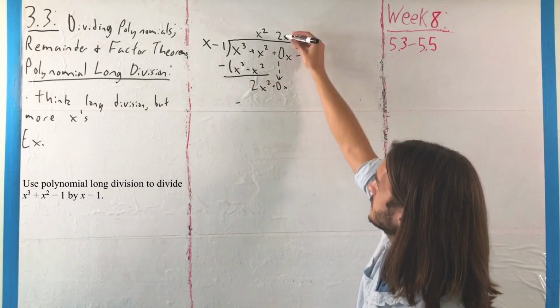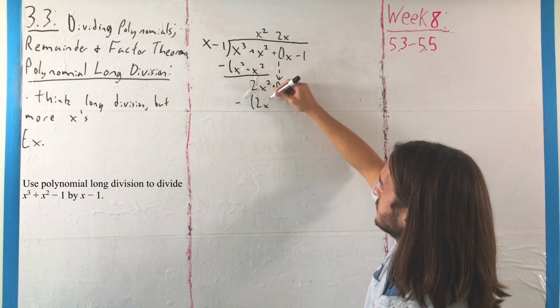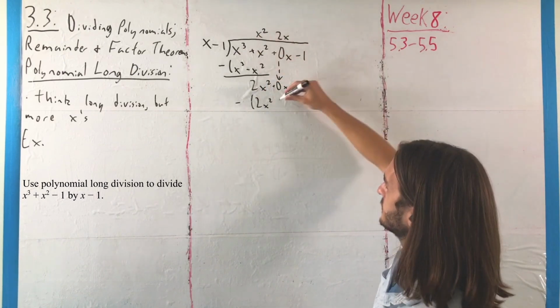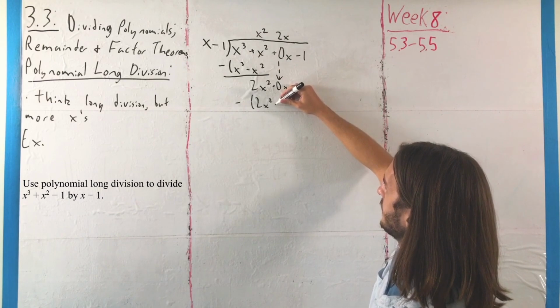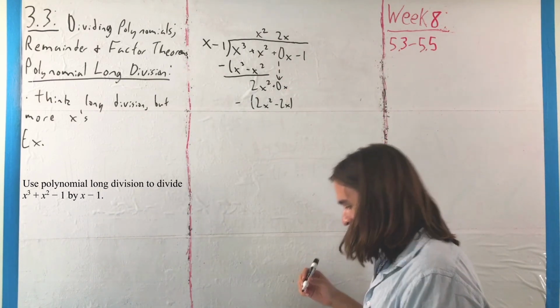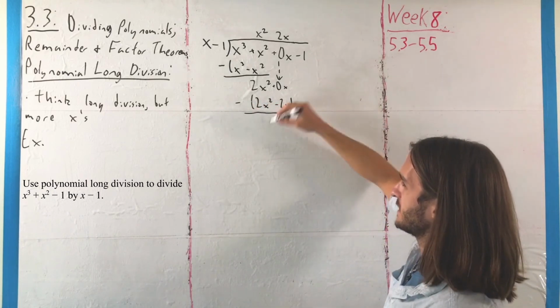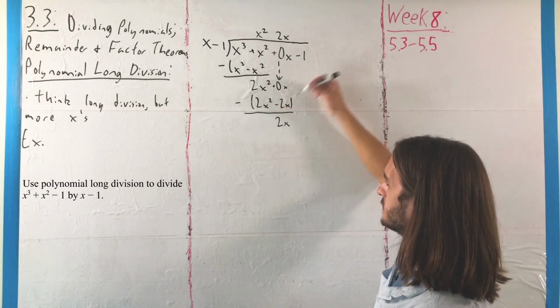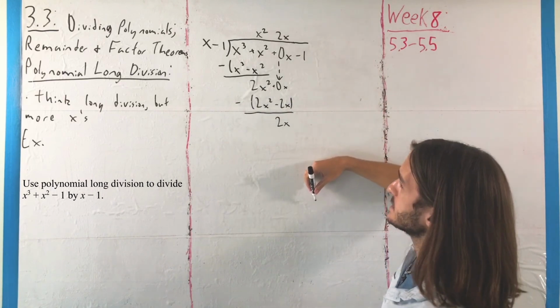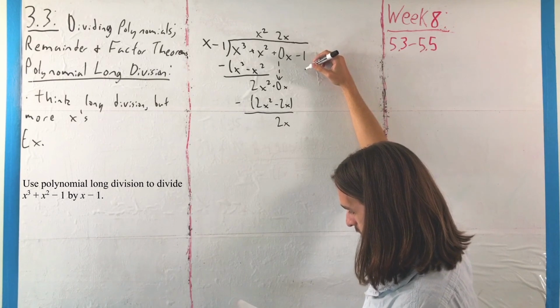So 2x times that value would give me a 2x squared, 2x times that value there would give me a minus 2x, where again, we're chasing around some serious double negative values here. There's a whole lot of negativity that ends up being pretty good because we have 2x again, and we're going to now carry down